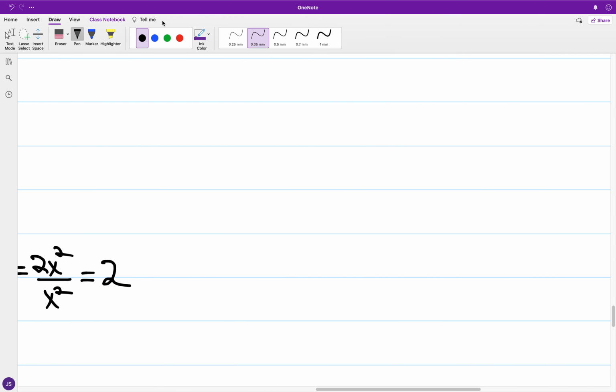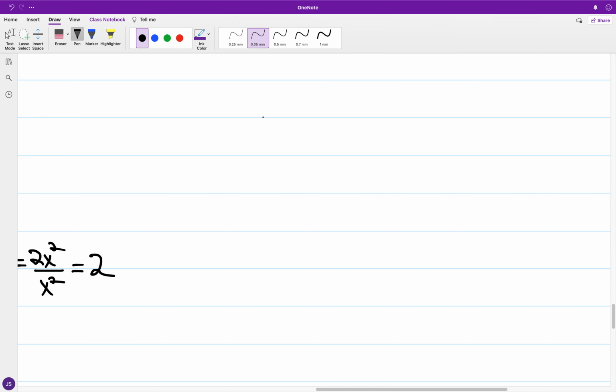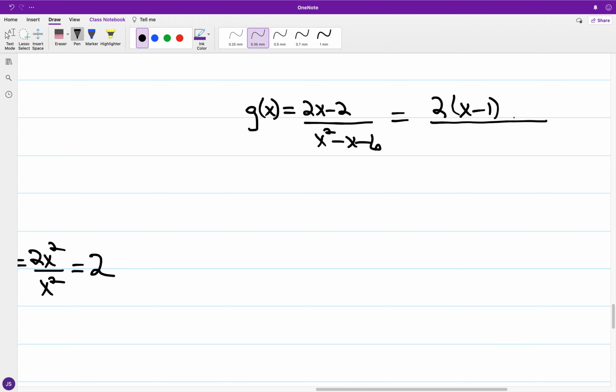And for what we have in the case of g of x, now I'll go ahead and factor this out. So we have 2 times the quantity of x minus 1, all over x plus 2 times the quantity of x minus 3, and so we don't have any shared factors, so the denominator expression